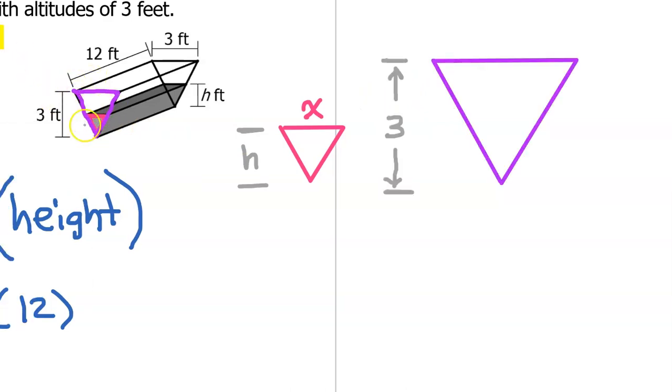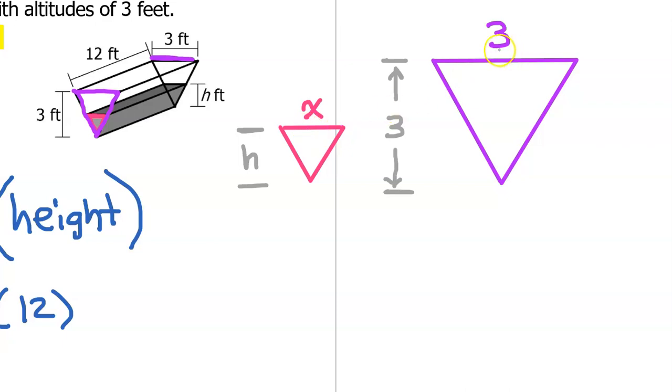For the larger triangle, we can see that the altitude, the height of the purple triangle, is 3 feet. So this is the 3 feet right here. Also, we know the distance across the top of this triangle. Looking back at the trough, that would be this distance right here, which is also 3 feet. So these are going to be similar triangles, so we can set up a proportion to find a relationship between